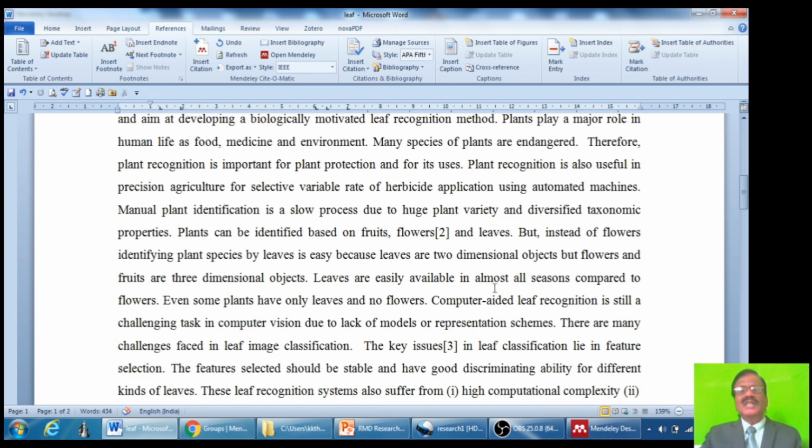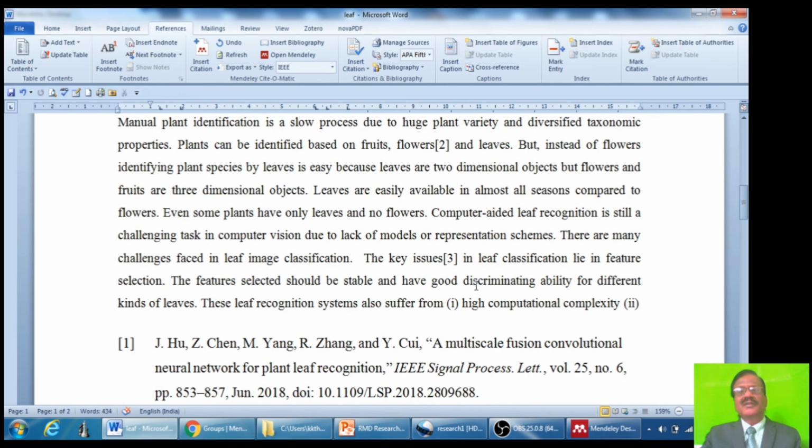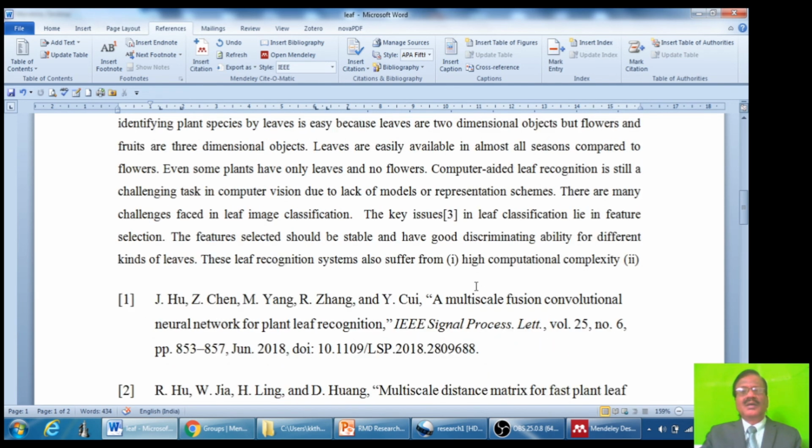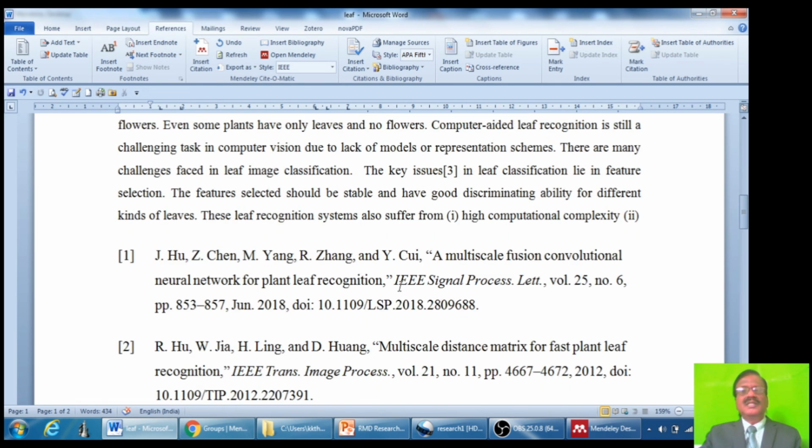Now, what is the advantage of using Mendeley here? Since you are submitting the paper to IEEE, you need the style like this. Now, if it is rejected, you may be willing to submit the same paper to some other journal.